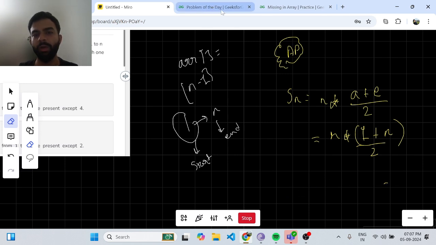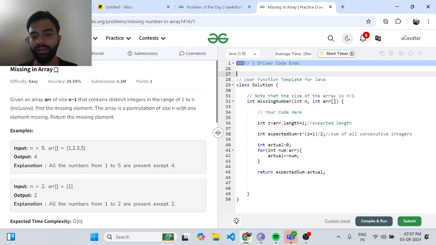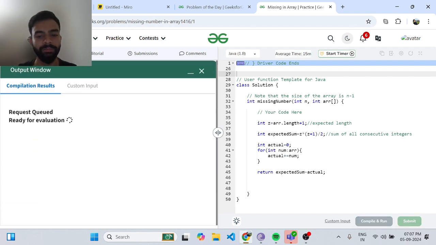This is a very simple problem. After that I have to iterate through the array and create an actual sum. Then the expected sum minus the actual sum will give me the missing element to return. So if I submit this particular problem,